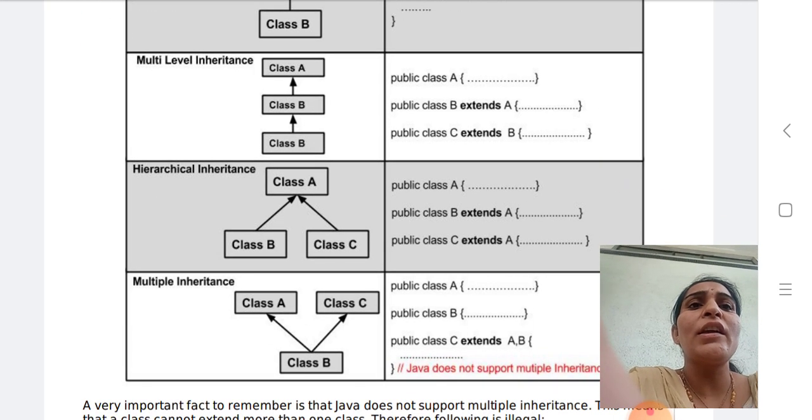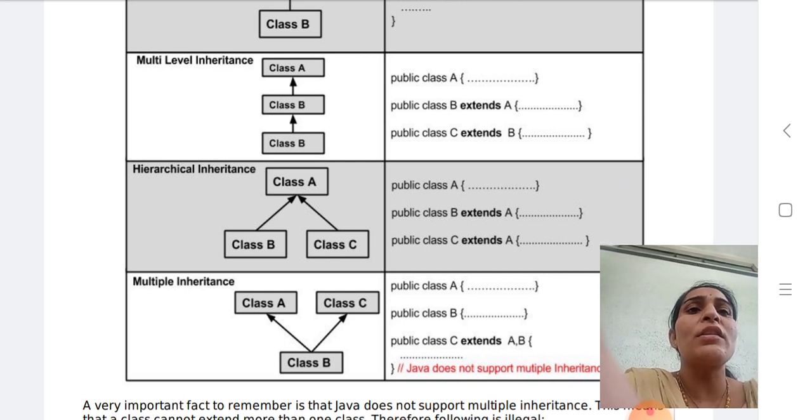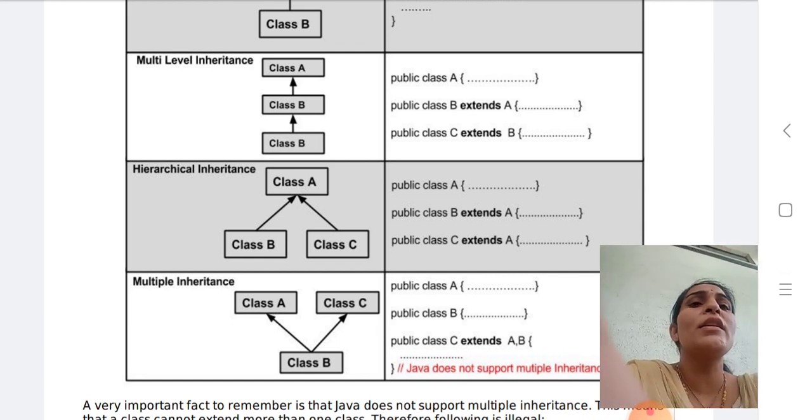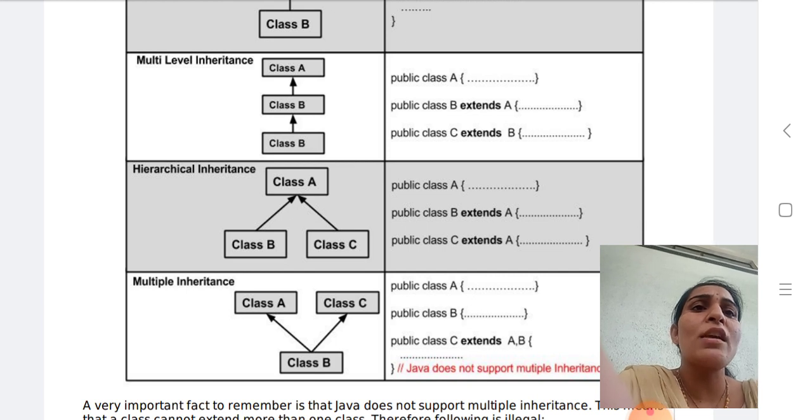Then multilevel inheritance: one class is derived from another class, and from that subclass a third class is derived. Class A is extended by B, and B is extended by C: public class A, public class B extends A, and public class C extends B. That is called multilevel inheritance.